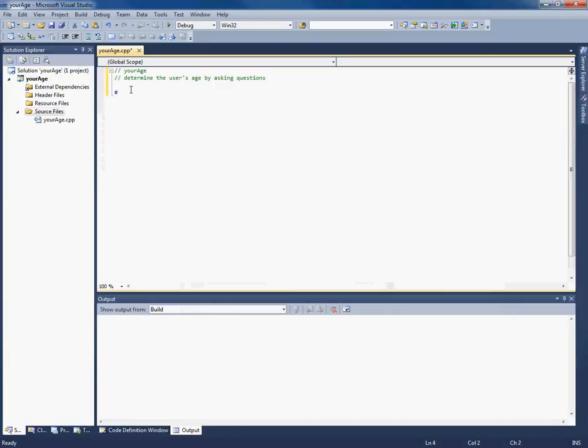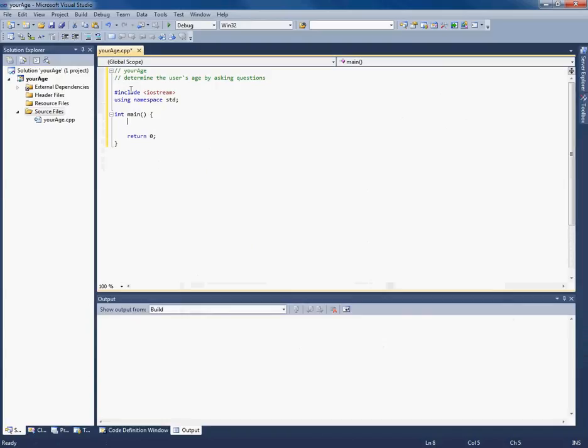I definitely know I'm going to need to use iostream because I want to read in values from the keyboard and write out values to the terminal, so I'm definitely going to include that. I'm going to use the namespace shortcut trick, using namespace std, so I don't have to keep typing std::. Then I'm going to start my program in main. I always like to close curly brackets when I open them, and I always like to return something when I create a function. It's just the way I am.